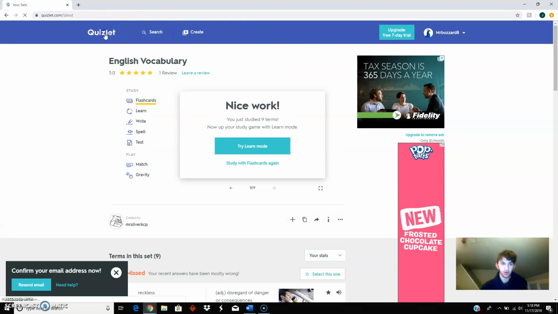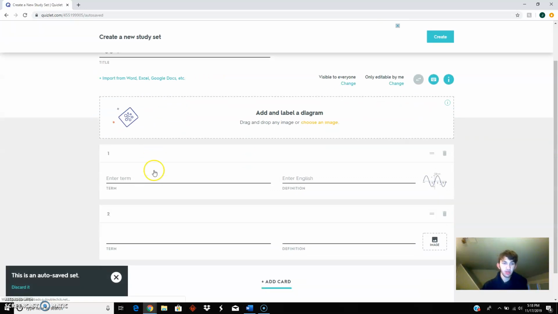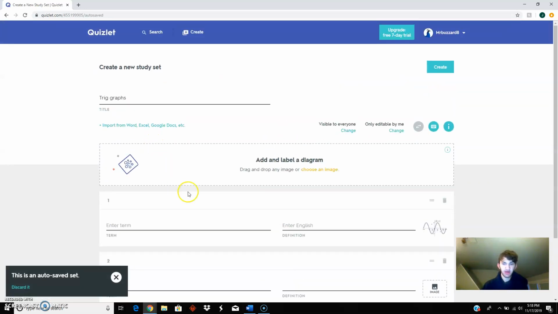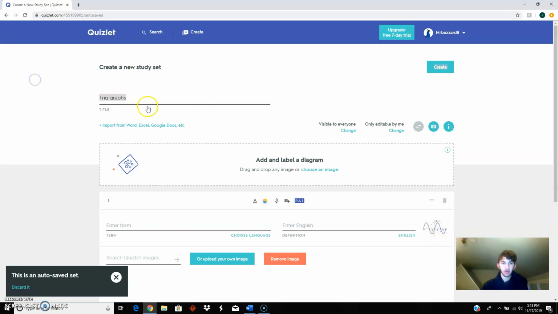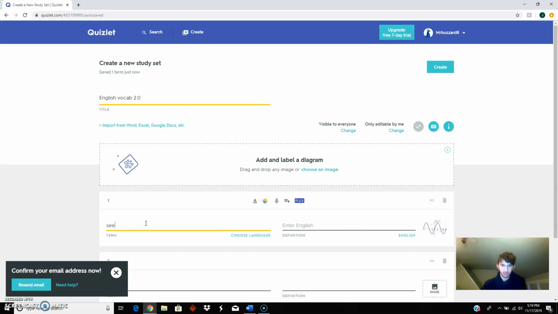I am going to go to one I have, or this is how you create one. So I called it trig graphs, have a photo there, that usually isn't there. I started this a little bit ago. So let's call it English vocab 2.0, something like that, right? We type in seeing,